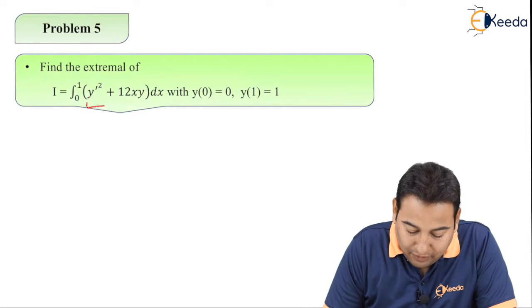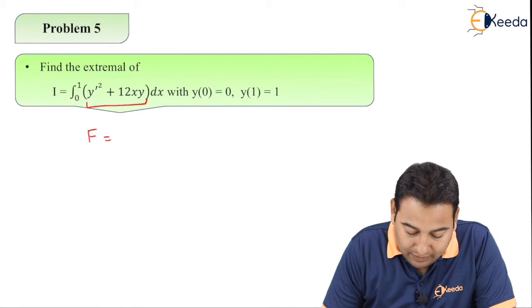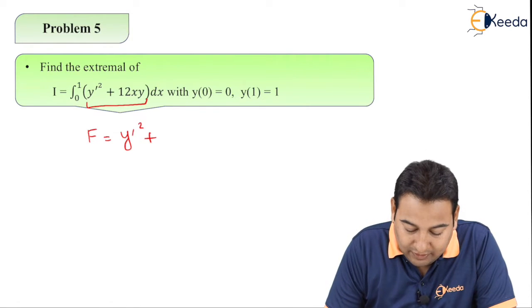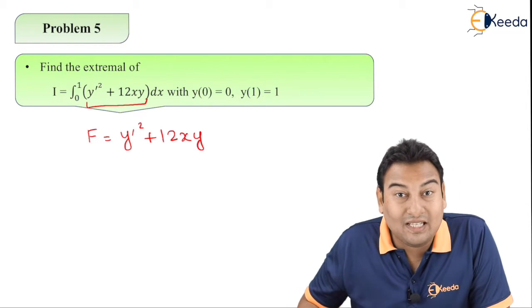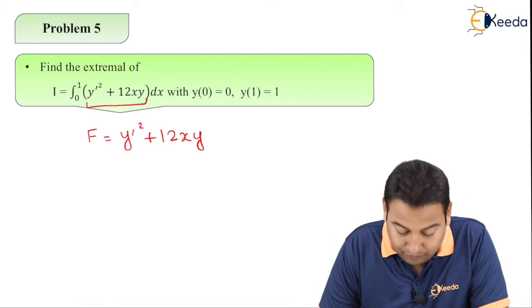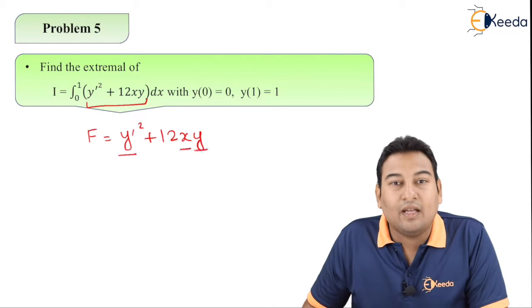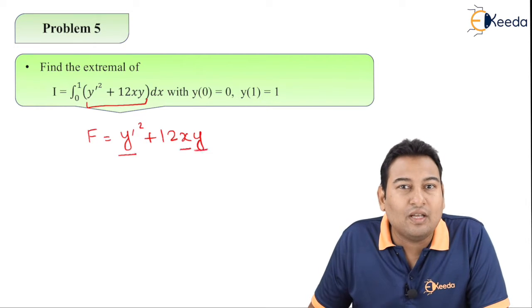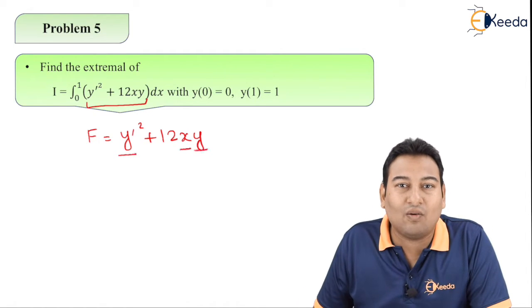Here this is the functional given to us. Functional f is y dash square plus 12xy. If you see this functional, we do have all the terms. See here, we do have y dash as well as x as well as y. In previous problems, the functional was independent of either x or y. Here the functional contains all the terms x, y dash and y. Therefore,